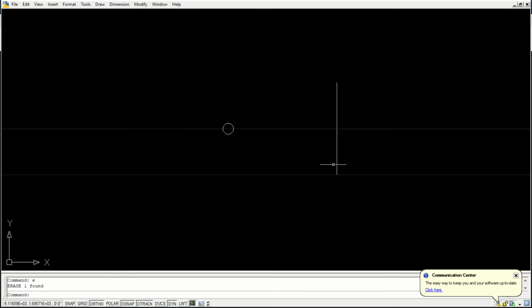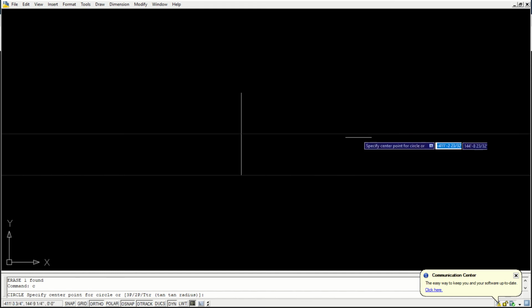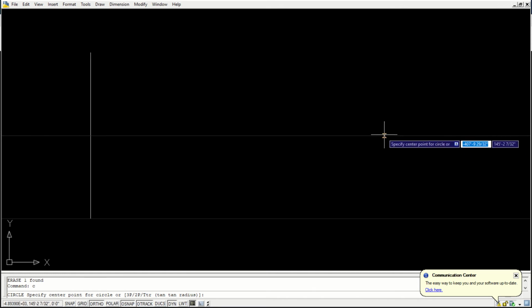So in this case, we will do the same thing. In 1 point perspective there was only one vanishing point. In 2 point perspective we have two vanishing points. So I'll just mark them, it can be anywhere. There is no hard and fast rule where to keep the vanishing points.